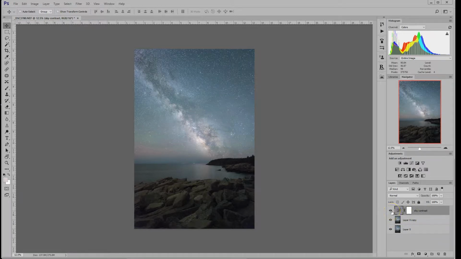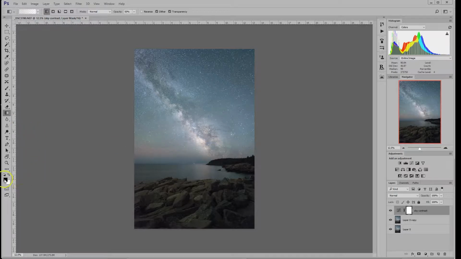And because we're only affecting the sky, or hoping to only affect the sky, we want to add a gradient to this layer mask. That way it is only affecting the sky and not affecting the foreground at all. So make sure that you're clicked on the actual layer mask here, with a little outline around this white box. We're going to add a gradient. Now you can either hit G or you can go to this little icon here,